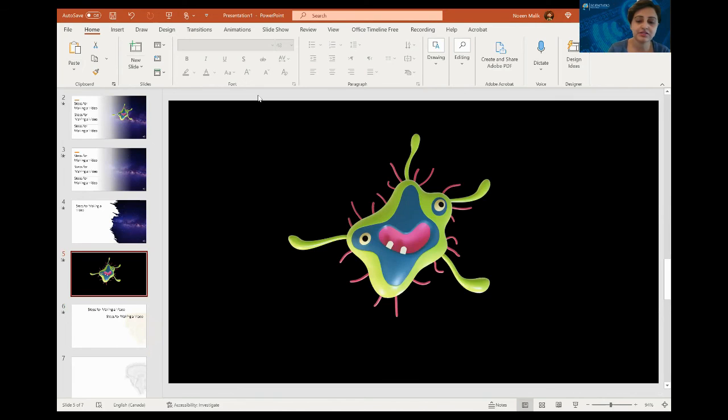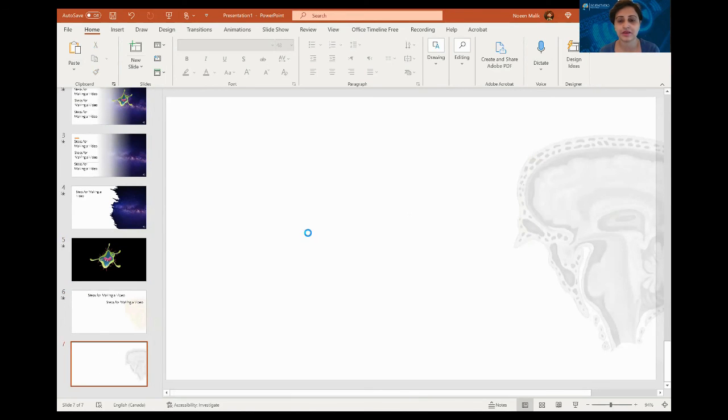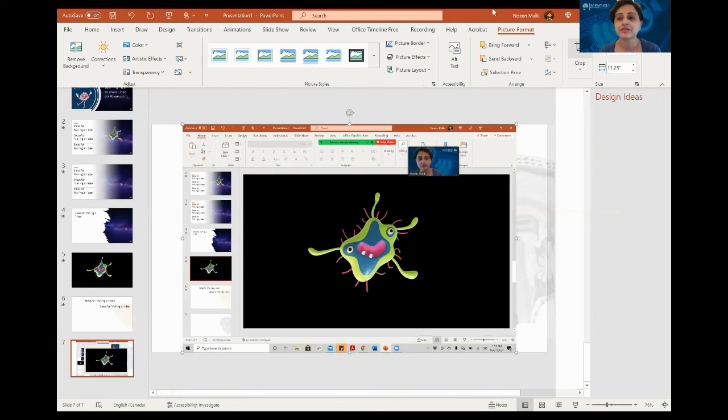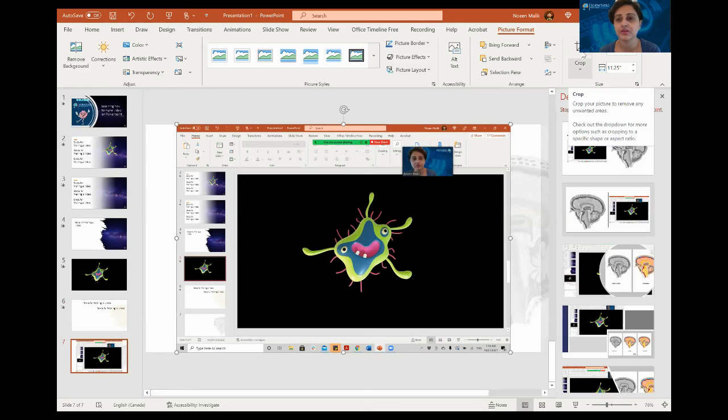I am taking a screenshot of this picture. I printed the screen, and now I am going to go to my this slide. Next slide, I'm going to paste it. Now for printing the screen, you can hit the print screen button on your keyboard, and then it will take a screenshot, and then you can paste it anywhere.